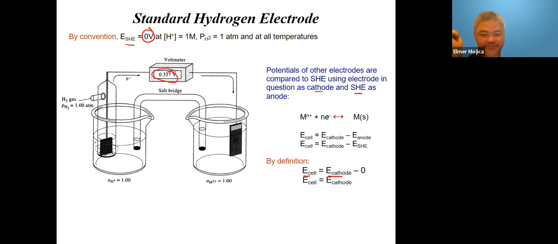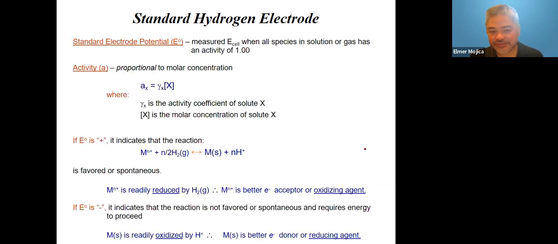So anything, okay, that we could say has a higher reduction potential than the SHE will serve as a cathode, and the SHE serve as an anode. And anything that has a lower reduction potential than the SHE, the SHE will serve as a cathode, and the other one will serve as an anode. Okay, so ang nangyari dito,